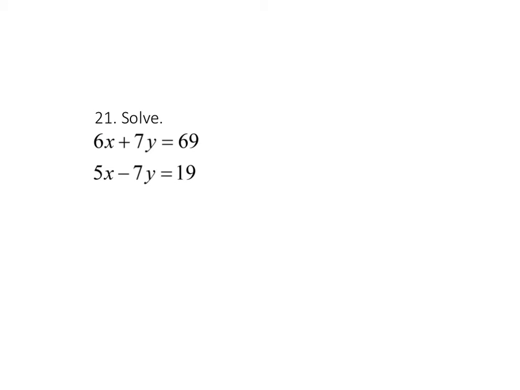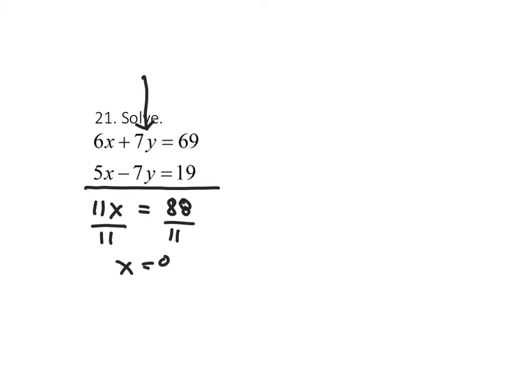Here's a system that's best solved by the addition or elimination method. Notice that the two terms containing y are opposites, so we can add these two equations together as is. 6x plus 5x is 11x. 7y minus 7y is 0, so I don't need to write anything there. 69 plus 19 is 88. Now I can solve for x by dividing both sides of the equation by 11, and I get x equals